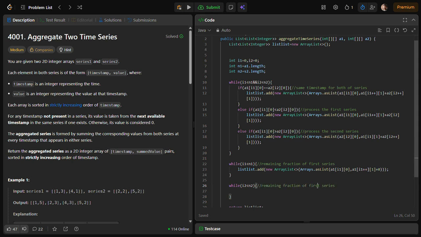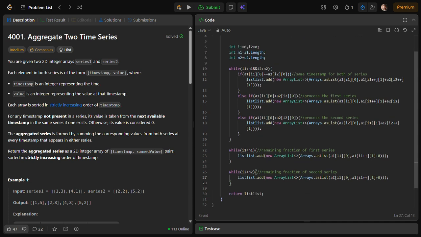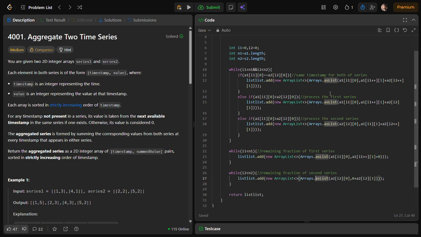So this too, a2. For the cleanliness, you can write it like this: 0, comma a2 of i2, comma 1. Yeah, second index. So this is the whole procedure.